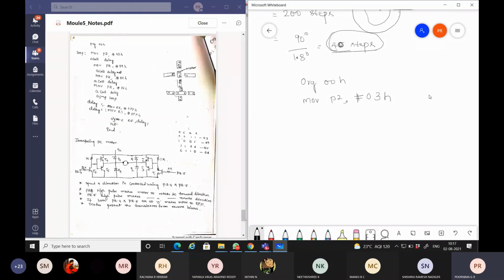So after sending the first data, the stepper motor will take one step ahead. Then, since it has to make the needle deflect or the robot change to that step, a small delay needs to be provided between one step change and another.